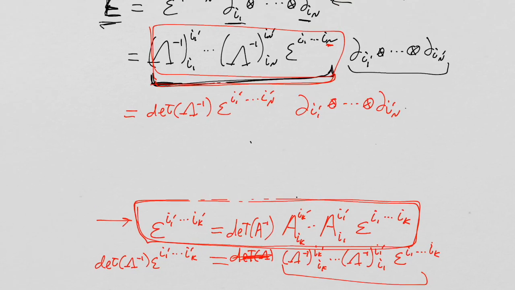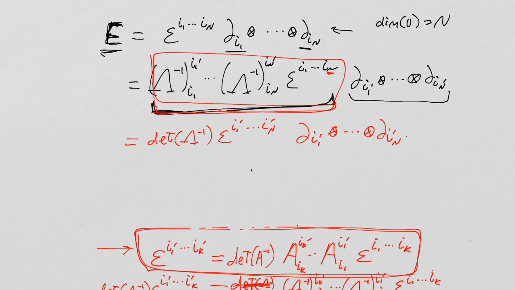And now I have E in the unprimed system, where it's very simple. It's just the Levi-Civita symbol as the coefficient for each of the tensor product space basis vectors. And now I have it in the prime system, right? This is the transformation to the prime system. Well, this was the transformation of the prime system, but then this nice little formula for Levi-Civita symbols allows me